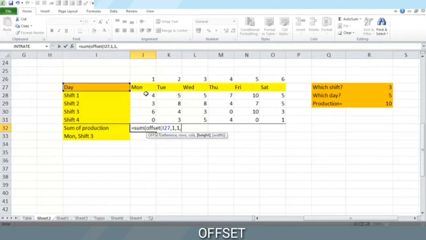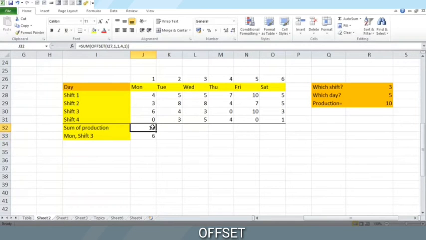To find the sum here, we need to sum these 4 cells. So the height is the total number of rows that we are summing. So we are now defining an area here. This becomes the height, and the width, there is just 1 column that we are using. So 1. 2 brackets will be closed here. Let us see the result. It has added all up and got us 13.